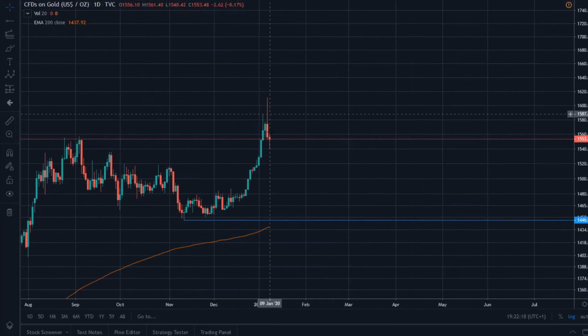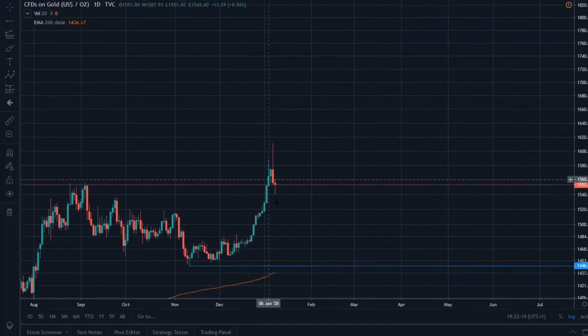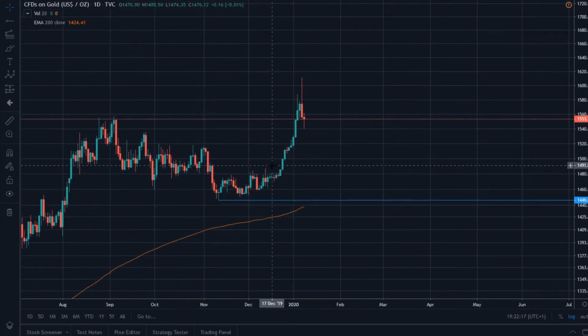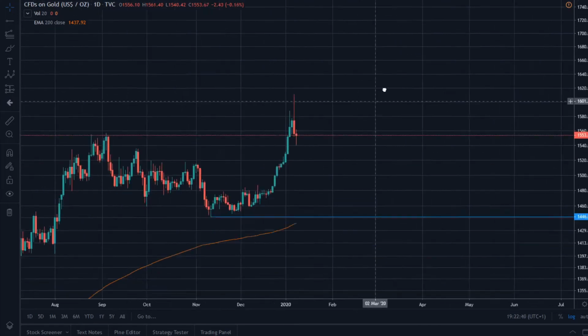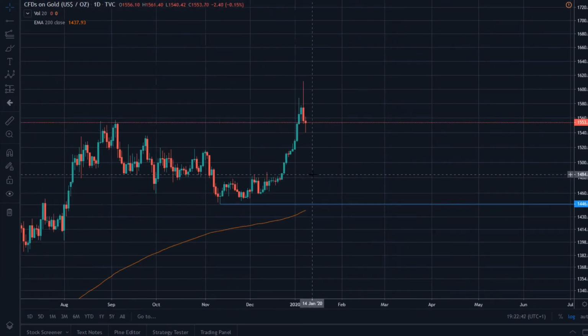However, if we get a move up, it's very hard to tell where. If this does not get broken, it's not really possible at this point to see whether this is a 4-5 or a 2 and a following 3. So this gets decided at a later stage. But in essence, if this does not get broken, we are in for a very bullish scenario and very, very high gold prices, probably. And in my opinion, of course.